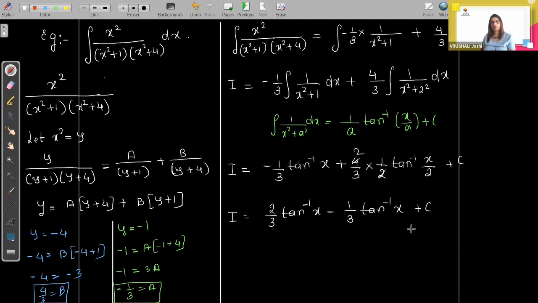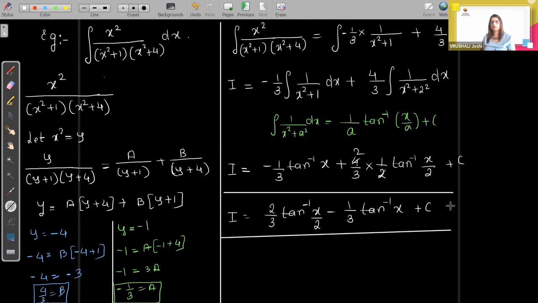Yeah, we can leave the answer here, I think that's fine, right? कुछ भी बाकी नहीं है। This is x/2, yeah, so this is your answer, सही है। Yeah, that's it।